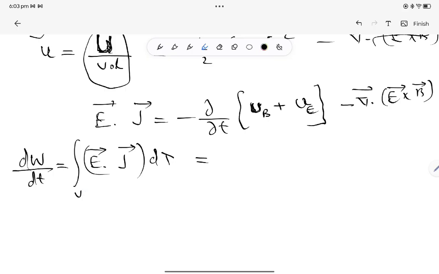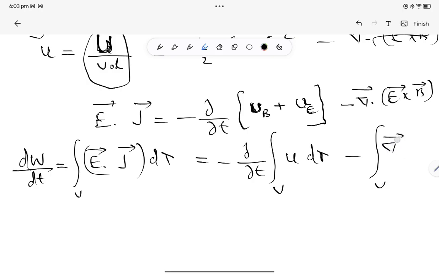That is equal to the E dot J, and we have to take del by del t of the integral over V. If we combine and write u for both of these, then we can easily write it as this, minus the volume integral of del dot E cross B